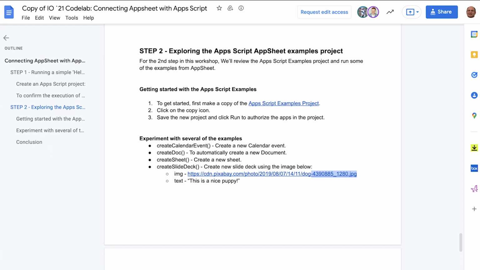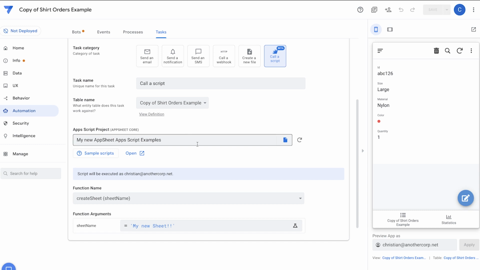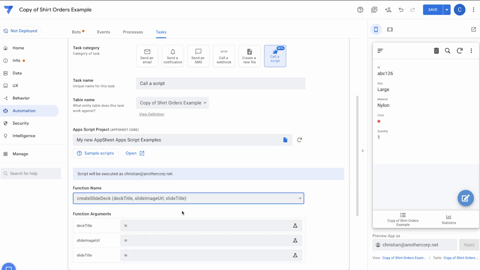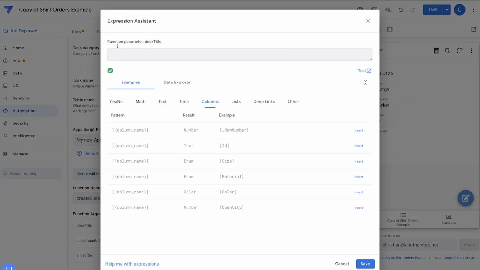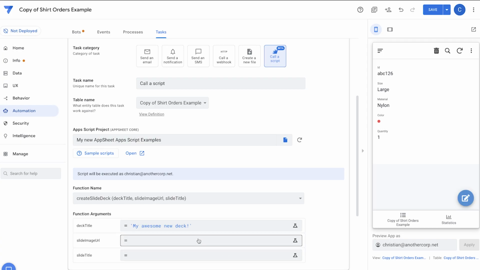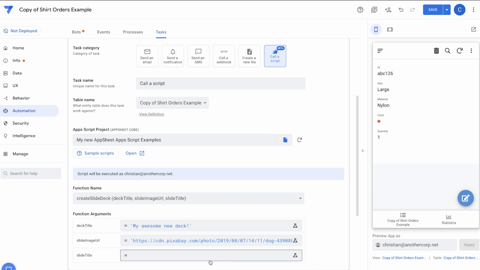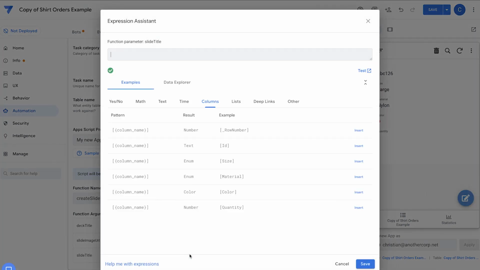So to do the update, let's go back into our application. Instead of creating the sheet, I'm going to create the slide deck. And I'm going to say, I don't know, my awesome new deck. So that would be the first parameter. This one is an important parameter for the actual slide image that I'm going to insert, and a slide title.